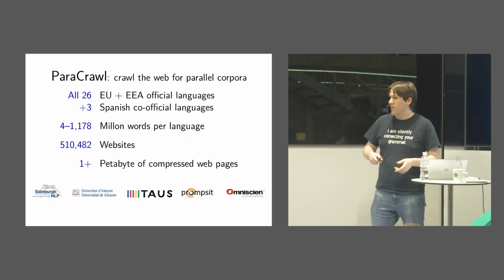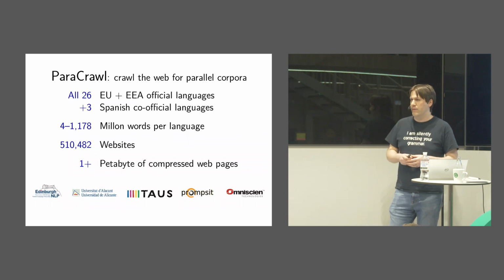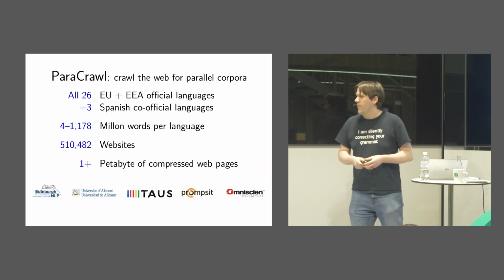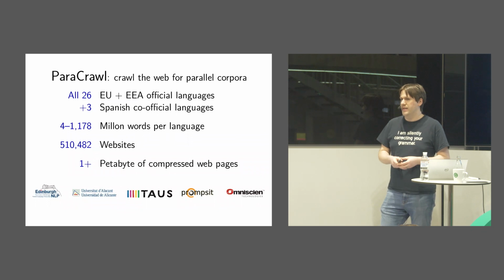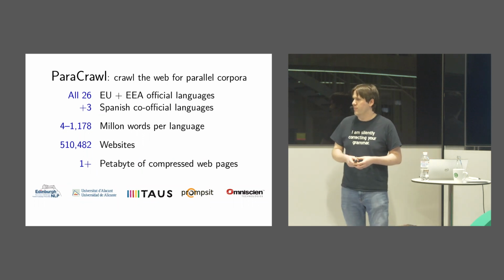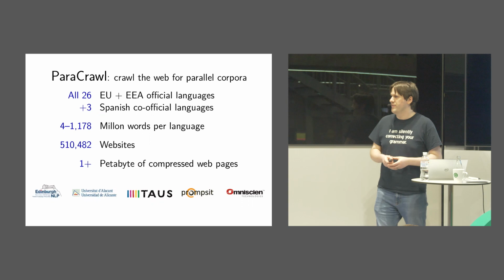We've collected for each of those languages, depending on the language heavily, 4 million to 1 billion words of translated text from the web. And I'm counting in English when I say that, just to be consistent in terms of what is a word, from 500,000 websites. And this is largely before we've finished downloading a petabyte from the Internet Archive to vastly expand our data collection, and I'm hoping we'll produce a lot more data. And we're processing that now. We've done part of it in a release, but there's more data coming.